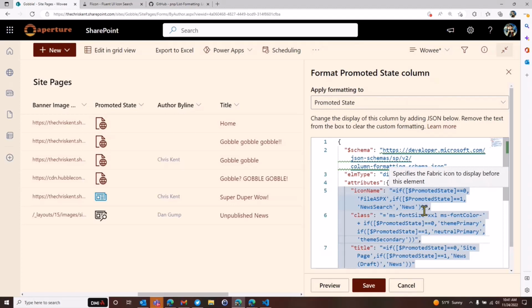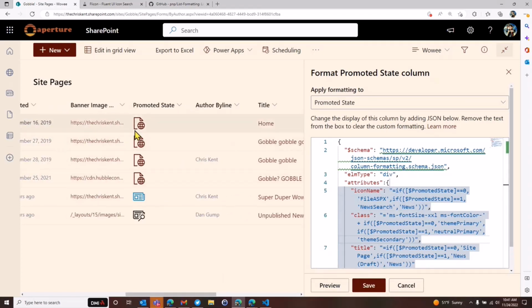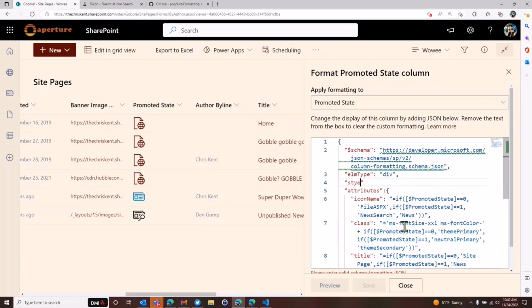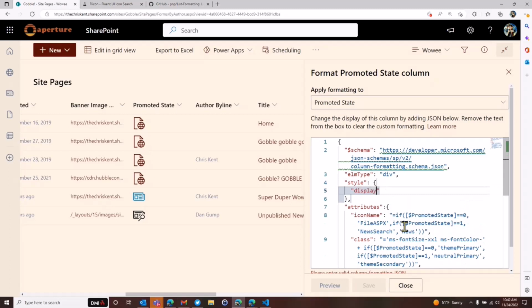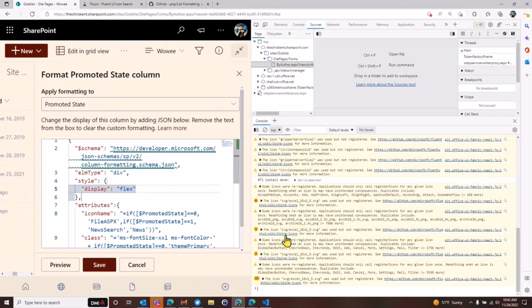Now, one thing I like to do also is, let's save that, just so we can see, I want it to be right-aligned, right? So one of the things I like to do is use Flexbox. And the easiest way to use Flexbox in the Edge browser is just go ahead and add a display style of flex. Now, it's not going to change anything just yet, but what I like to do that for is because when I want to mess with the flex box, I go for my dev tools here,